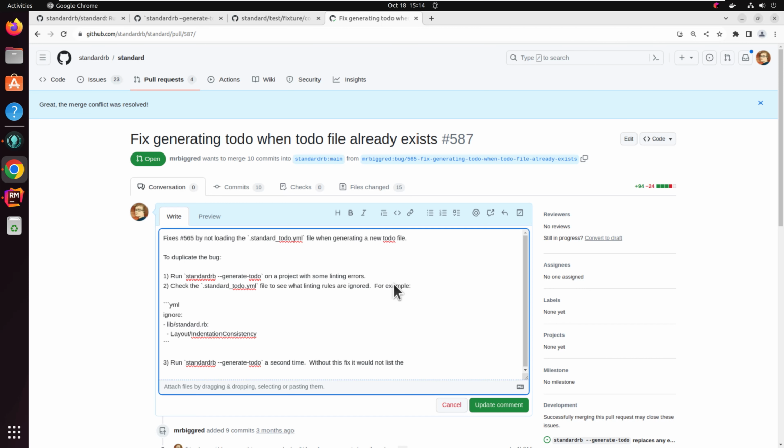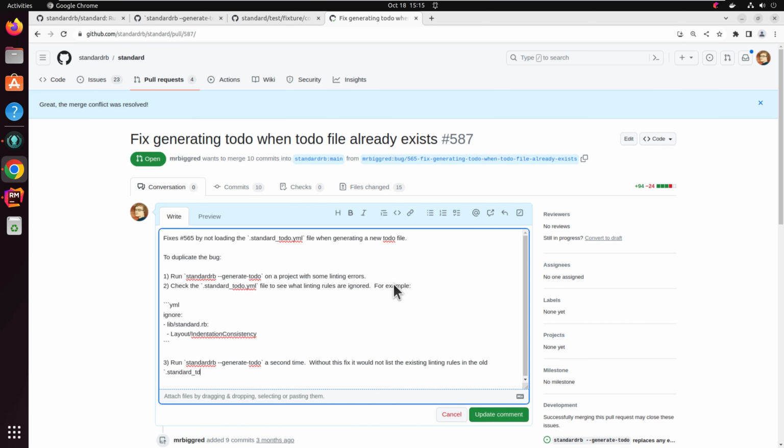Okay, so without this fix, it would not list the linting. It would not list the existing linting rules in the old standard to do.yaml file. For example, the new file would not contain